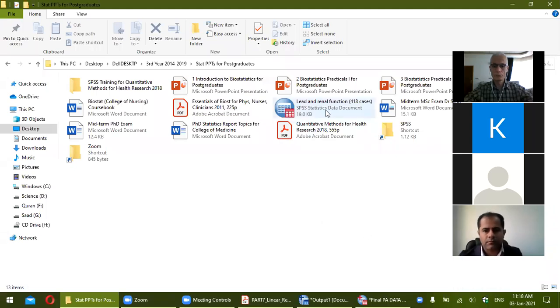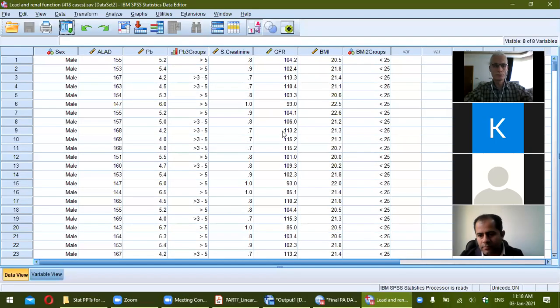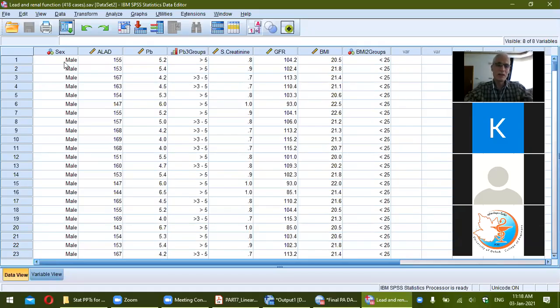So these are people who are exposed to lead through their occupation. And the data has a deficit in age. I don't know why the age was not taken, but the sex and the body mass index have been taken for estimation of GFR, glomerular filtration rate. So serum creatinine reflects renal function, and lead is the independent variable, the exposure variable, or the X, while serum creatinine is the outcome variable, or the dependent variable, or Y,